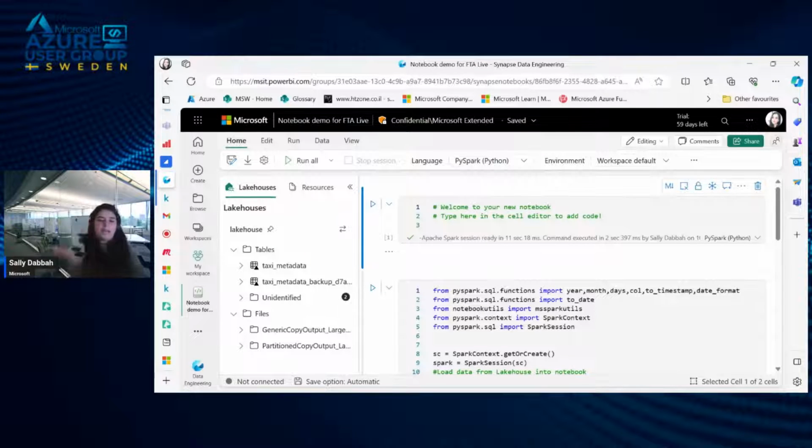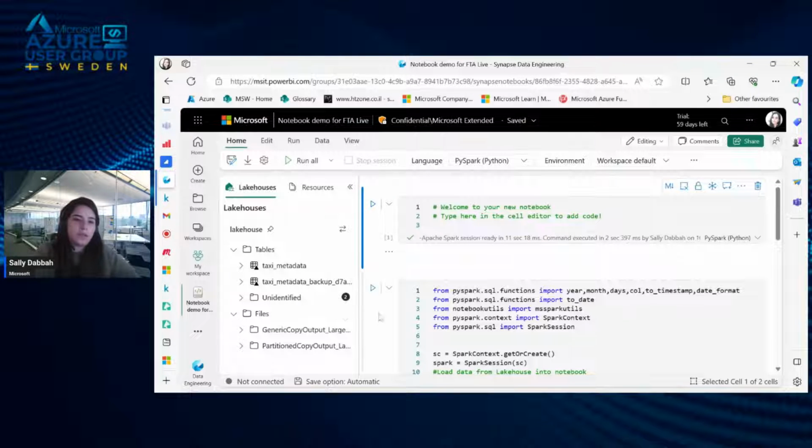Okay. I just want to say that partitioning right now in Fabric is available in notebooks, by doing it programmatically, or in copy activity in a certain way in tables. I'll show you how. We will have the option for partitioning in the future, but this is how we can do it.